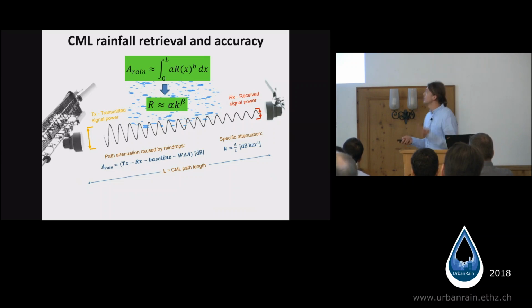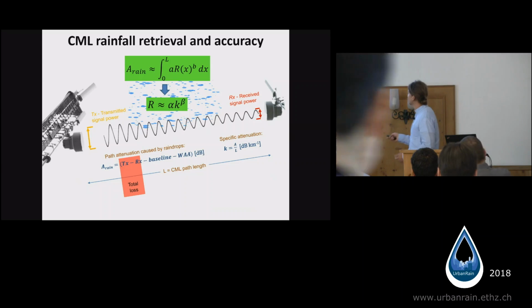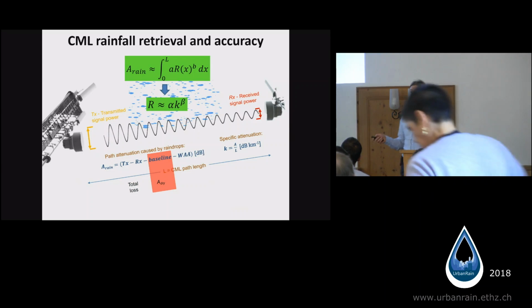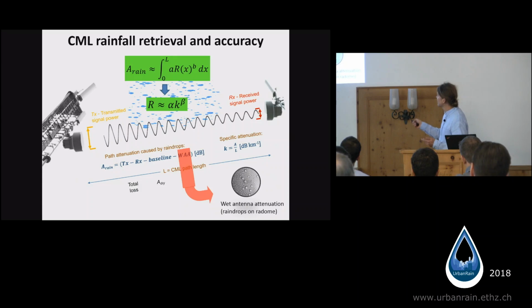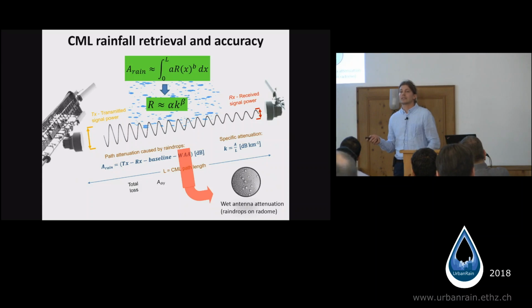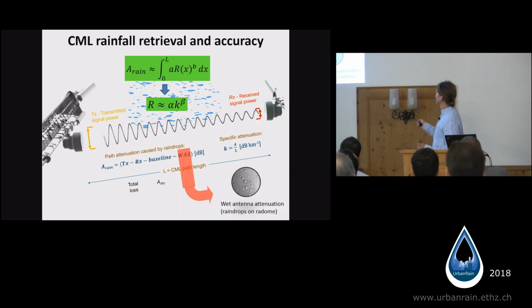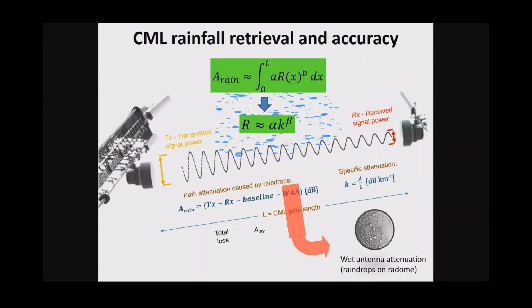to rainfall intensity. But the problem is that we do not measure the raindrop attenuation, but we measure this difference between transmitted and received signal level. So we have to introduce some baseline, basically taking attenuation during dry weather. But when it starts to rain, the antennas get wet, and this causes some additional attenuation. And this is a pretty huge problem, because this attenuation can be several dBs, and it's not so easy to describe